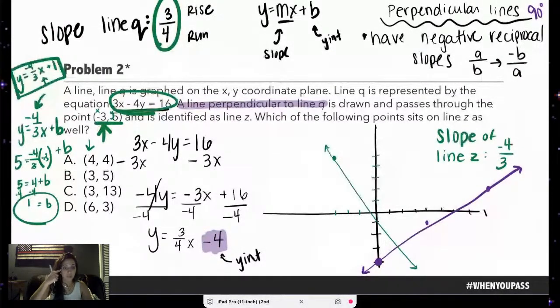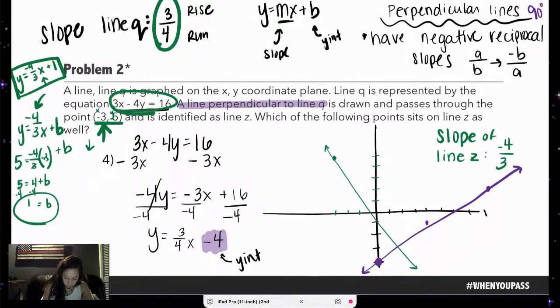Now, I'm already realizing when I solved this problem what my error was. So you know what? We're going to go Praxis style, because you know what the Praxis does? The Praxis will say, what is a point that sits on the line as well? And you can give any point.